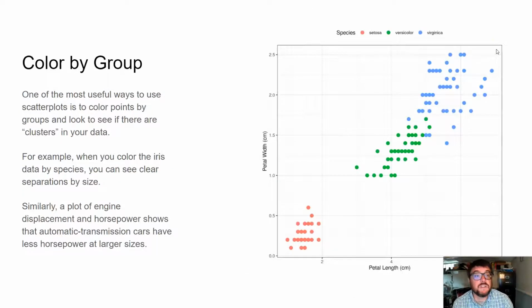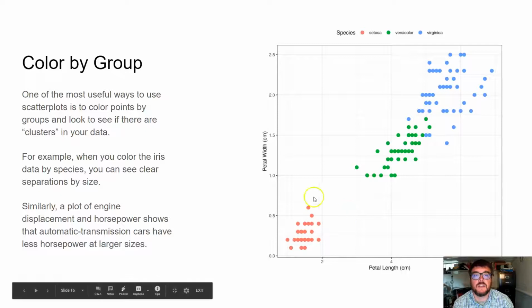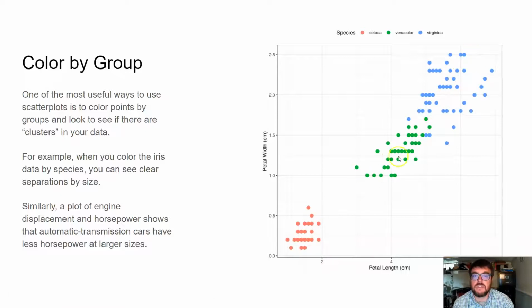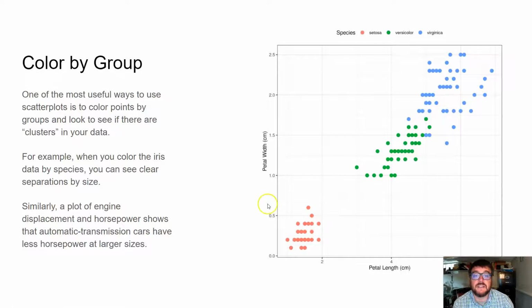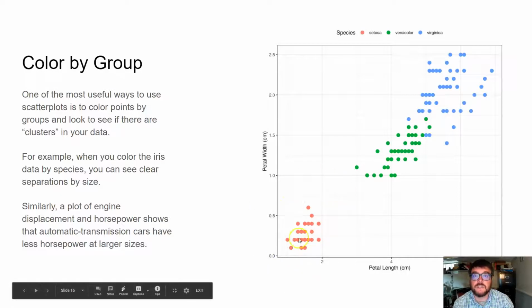Now, one of the things we can do when we're looking at scatter plots is that if we have different groups going into the scatter plot, we can color the points by the group. So it turns out this data set had 3 species of iris in it, Setosa, versicolor, and virginica. And you can see that not only is there this general relationship between length and width that spans across all 3 species, but that the species group, so that Setosa here is the most distinct, the smallest petal width, and